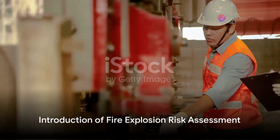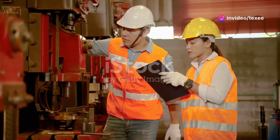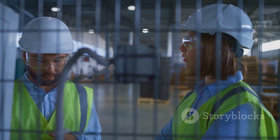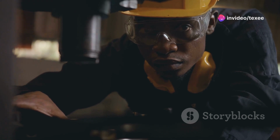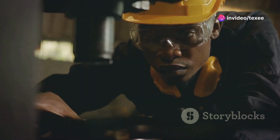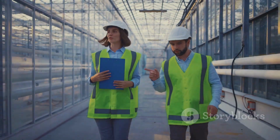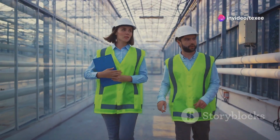Have you ever wondered what exactly is a fire explosion risk assessment and why is it so important? Well, let's delve into that today. A fire explosion risk assessment, often referred to as FERA, is a key element in maintaining safety within various industries. It's a systematic process designed to identify, evaluate, and manage the threats associated with fire and explosion hazards in a workplace environment. Imagine it as a safety net, meticulously woven to catch any potential dangers that could lead to disastrous